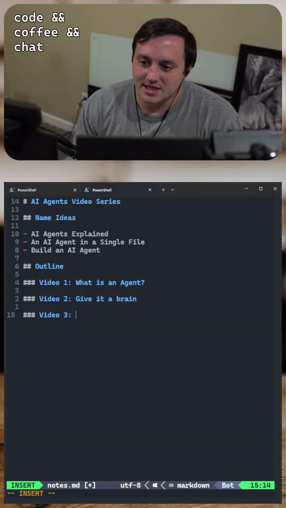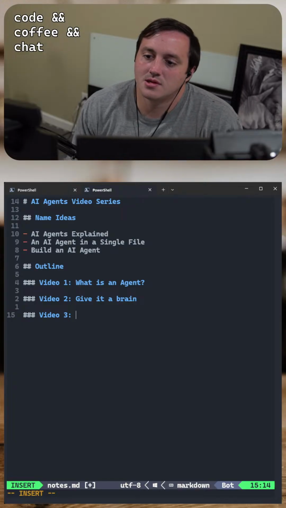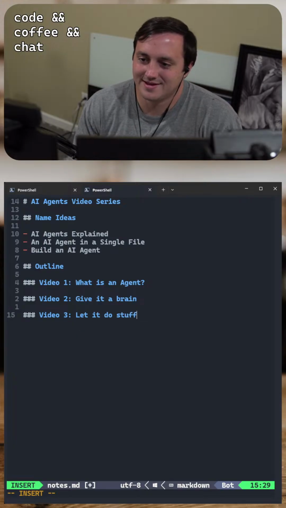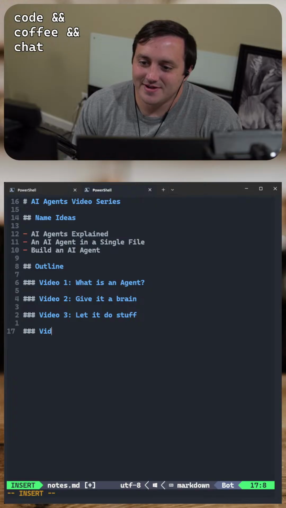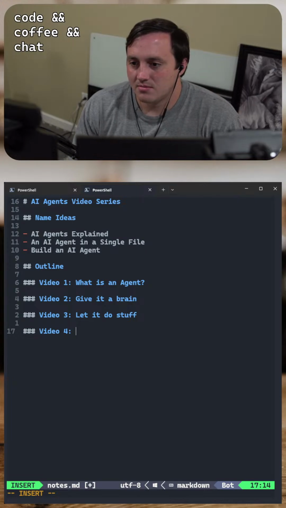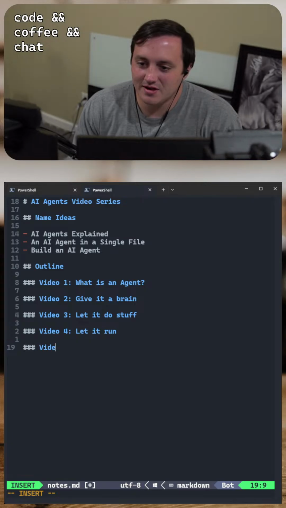So give it a brain, and then let it do stuff. Let's see, video 4, I think is probably let it run. This is basically where we talk about the loop.